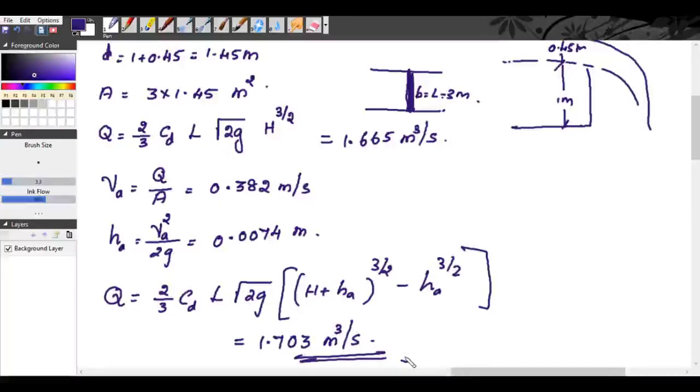So that is all for today. In the next class we will see about Cipolletti weir or notches and discharge over a broad crested weir and narrow crested weir. Also discharge over submerged or drowned weir. So with that, one more class to complete our fourth module. After that we will move on to our fifth module.